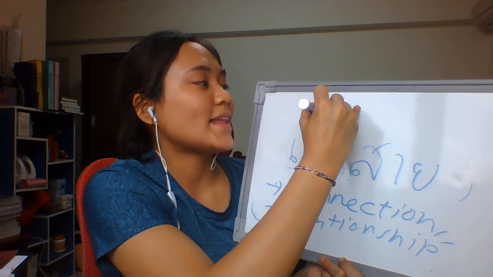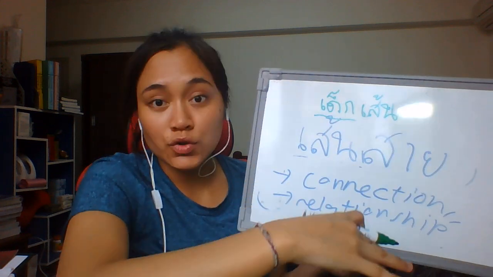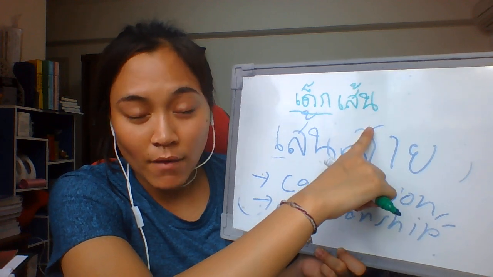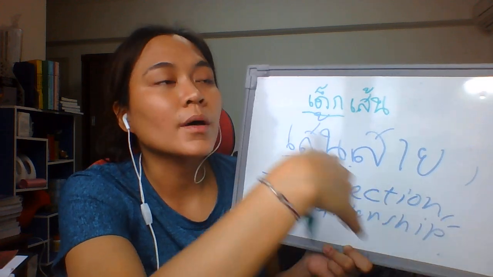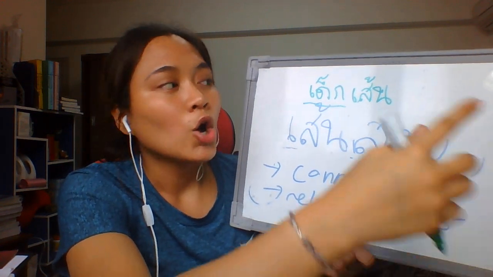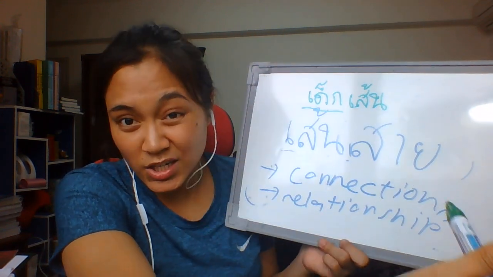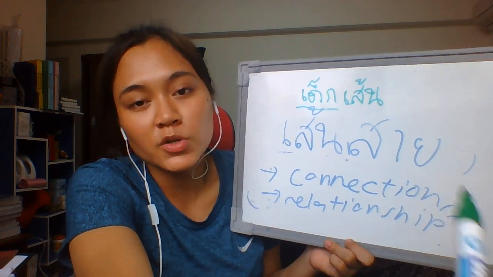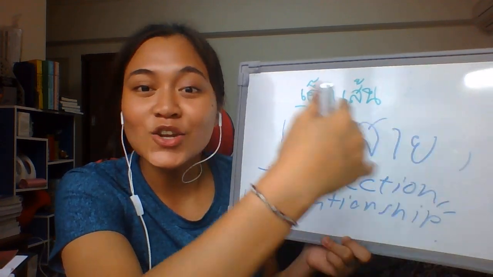We talk about เด็กเส้น. เด็ก means children, young kid. So a kid with เส้น, with connection, means that their father or their family is probably really rich, or their parents really know someone that can help them get something done. Normally we talk about เด็กเส้น in a school, where everybody has to study so hard and you already get into the school, but this person just suddenly shows up in the class, and we all know that this person probably didn't take the exam. Probably the father of the kid knows the principal, or there's some connection.